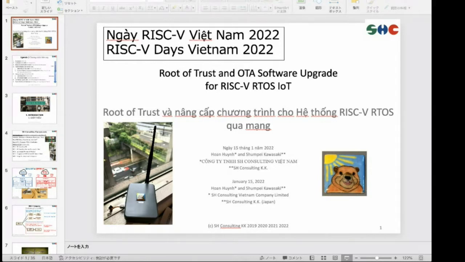And in 2013, the Japanese entity was established, and in 2014, SH Consulting Vietnam Company Limited got established. And then since 2016,